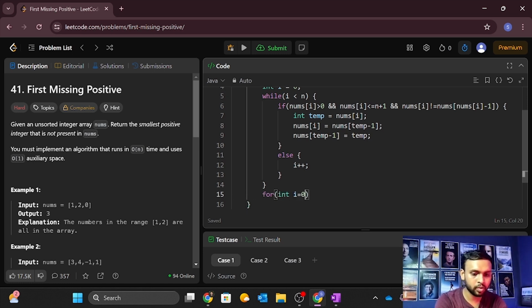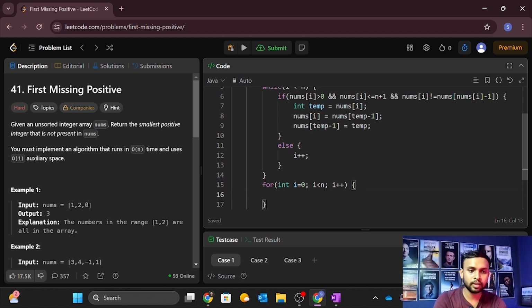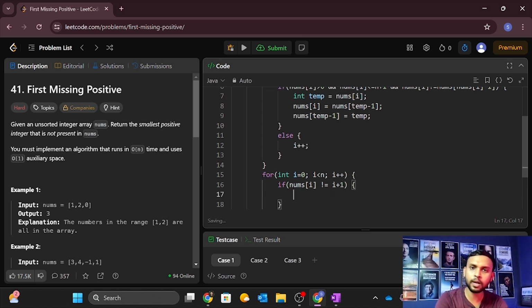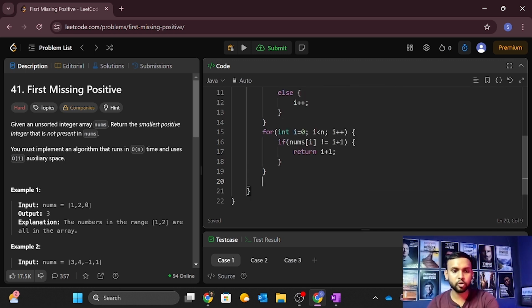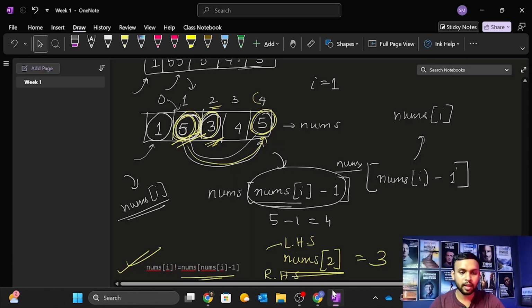I equals to 0, I less than n, I plus plus, and wherever I find that nums of I, the element present at the ith index, is not equal to index plus 1, that means that particular integer is missing, so I should return I plus 1. Now if this loop is also exhausted and we have not returned anything, that means the case is this: